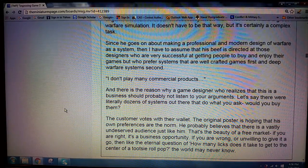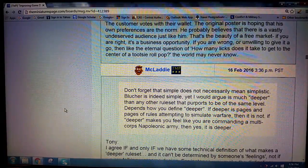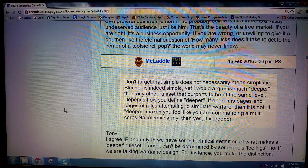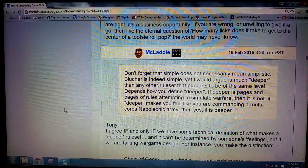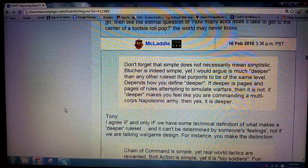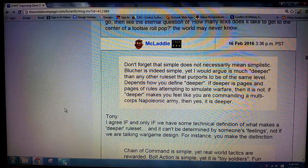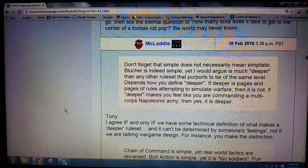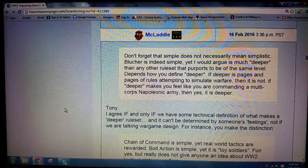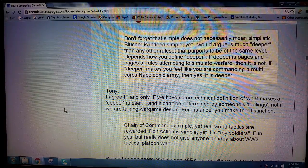Okay, not exactly sure where T. Gerritsen was going with that. McLatty comes back again. Okay, so he quotes the passage about don't forget that simple does not necessarily mean simplistic, and then referencing Blucher, etc. So McLatty says, Tony, I agree if and only if we have some technical definition of what makes a deeper rule set. Okay. By the way,